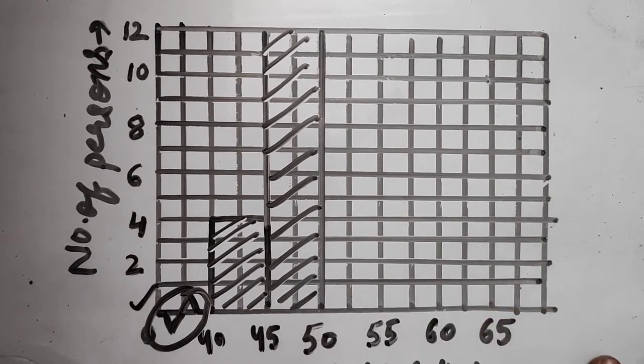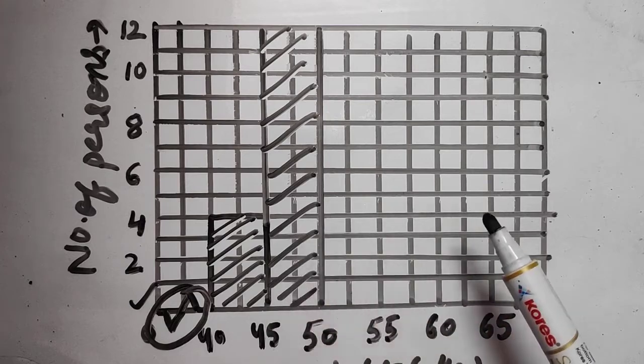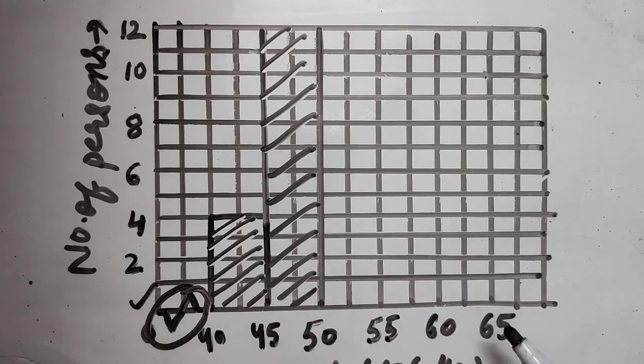And you must have observed, dear children, that there are no gaps between the bars. As there are no gaps between the intervals, there are no gaps between the bars. These bars are drawn simultaneously without any gap. So this is the main difference between a histogram and a bar graph. I hope, dear children, you have understood double bar graph, histogram and bar graph. In a double bar graph we make two bars, or we can show two sets of data simultaneously. And in a histogram there are no gaps between the bars because there are no gaps between the intervals. Let us talk about now pie graph or circle graph.